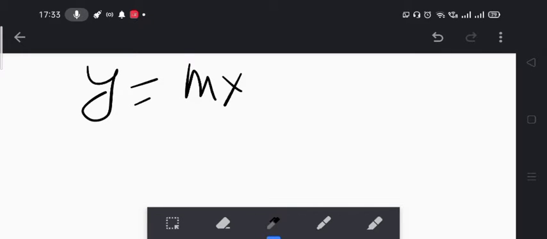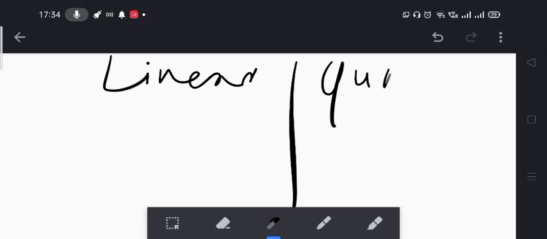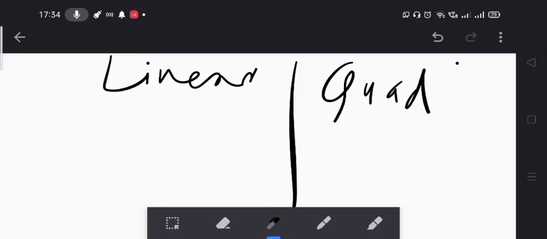So we have the linear equation, and the linear equation is represented by y is equal to mx. The entire equation is actually represented by y is equal to mx plus c. So we have linear and quadratic equations. For a linear equation, we have one single quantity flowing in a straight line, and for a quadratic equation we have the squares. So we will see how graphs and equations of motion are determined by these concepts of linear and quadratic equations.